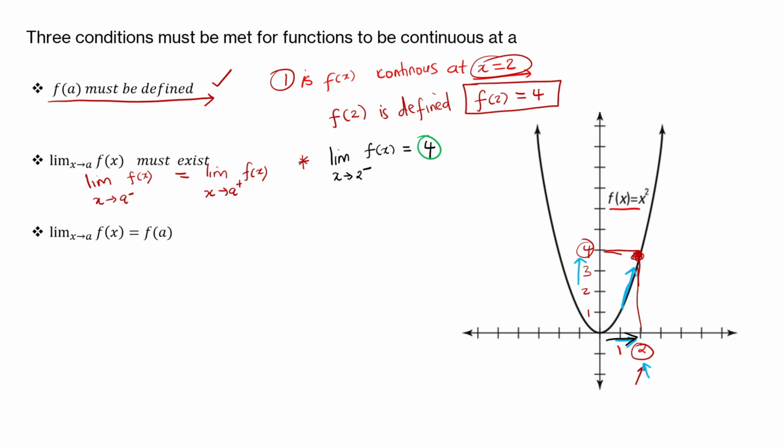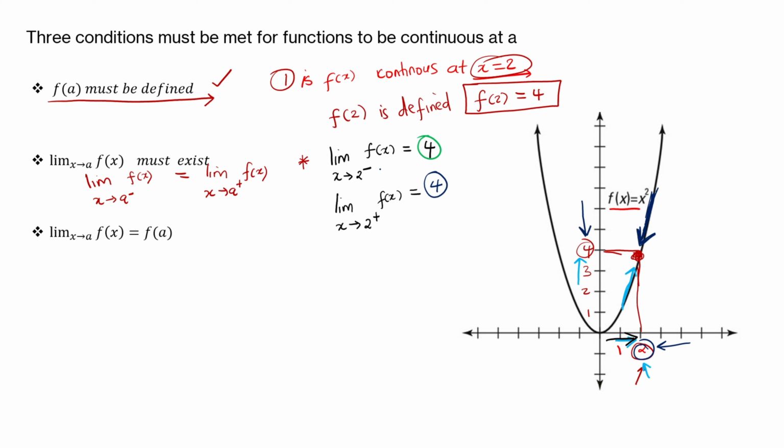So now let's compare it to the limit as x approaches 2 from the right. How do we find the limit as x approaches 2 from the right? It just means that we need to come from the right, from the values that are greater than 2. So you need to come along our function. Don't just move on the axis, move on the function. As the function approaches x equal to 2, on the y-axis you can see that the y value that we are approaching here is 4. So we can say that the limit as x approaches 2 from the right is equal to 4.